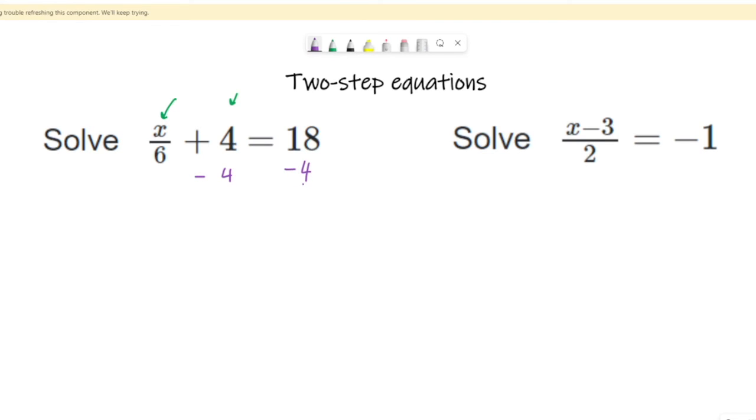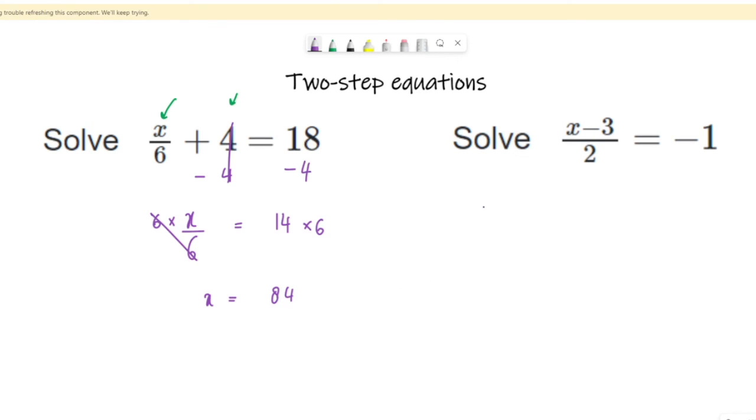Minus 4 on both sides, plus 4 minus 4 cancel. So we are left with x over 6 equals 18 minus 4, which is 14. Now x divided by 6, the opposite of division is multiplication. Times by 6, times by 6. So here 6 cancels 6. We are left with x equals